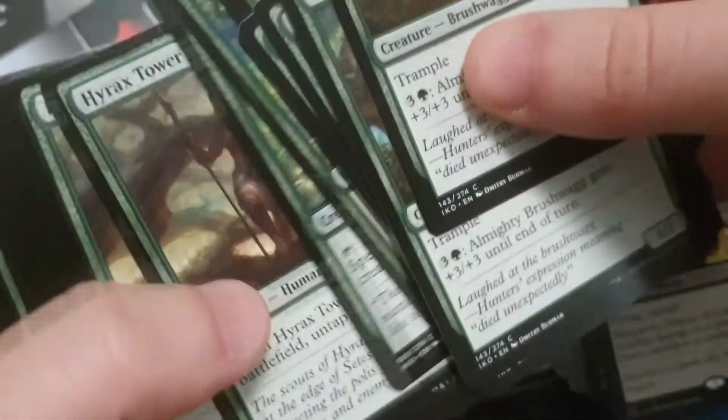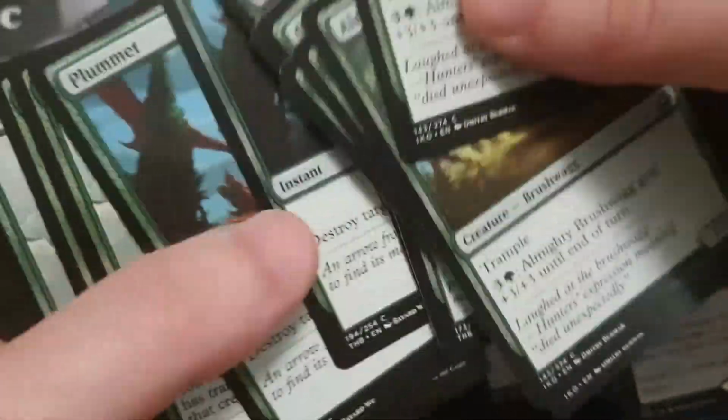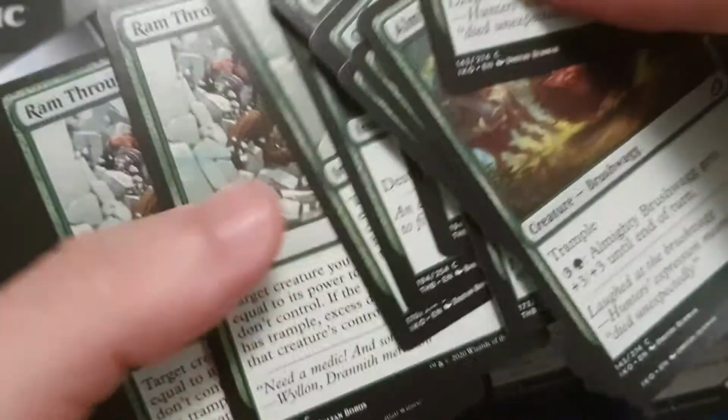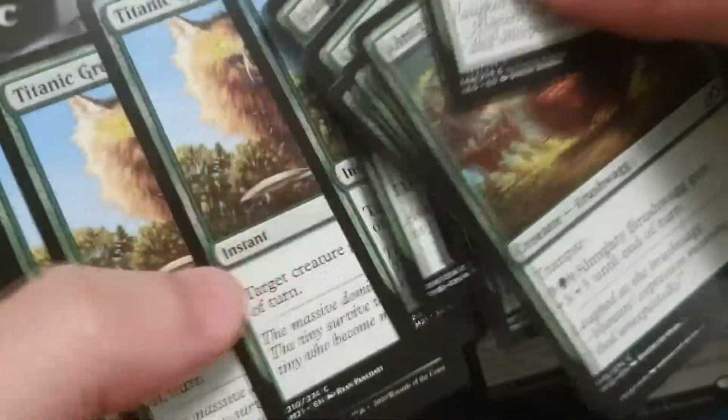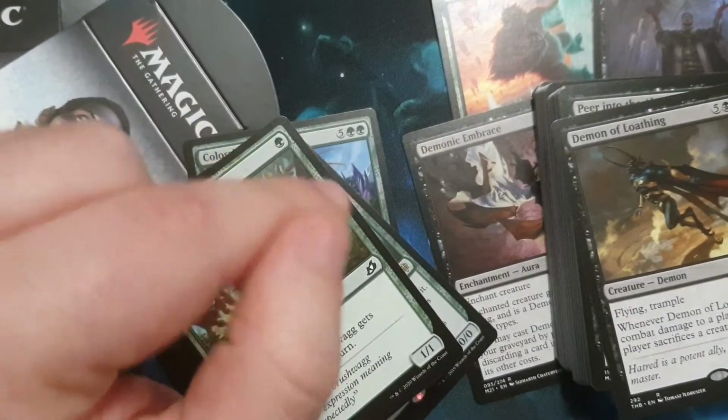Let's see if we have anything else that's worthwhile here in the commons and uncommons. Line of War Visionary. Pretty decent for your ramp decks, because it draws you a card, it ramps. Ram through, decent removal, and a way to get in that final fatal bit of damage to your opponent, and